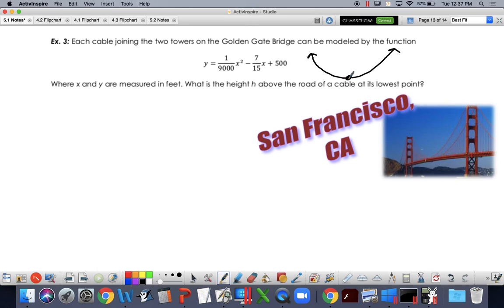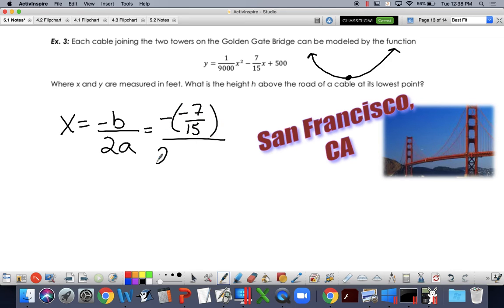Carter? You take negative 7/15 divided by 2 times 1 over 9,000. Yep. We're going to do that, but with some pretty ugly numbers. We're going to find basically the x value, which will tell us how far I have to walk across the bridge to reach the lowest value. That's the horizontal. And then the y will tell us how high up that bridge is at that point. So we have negative